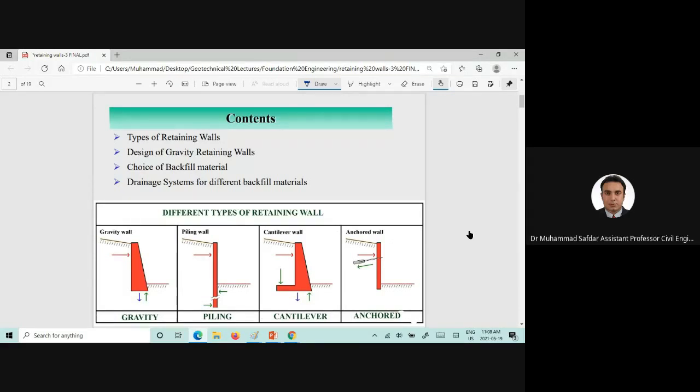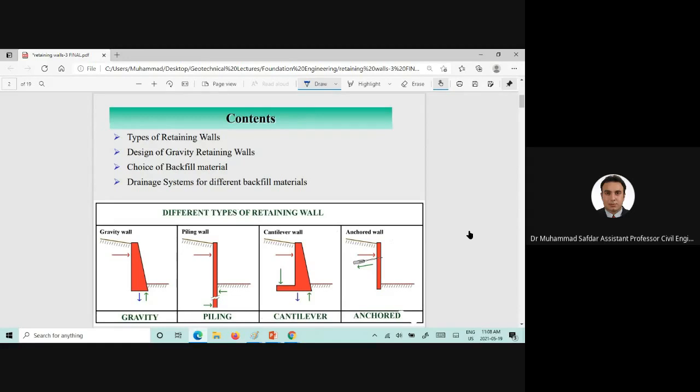Today we are going to study and discuss a very interesting and very practical topic related to foundation engineering, which is the design of gravity retaining walls. Now in today's lecture we will study different types of retaining walls and the design of gravity retaining walls, and